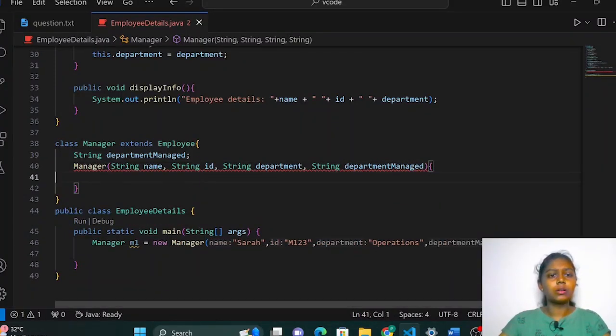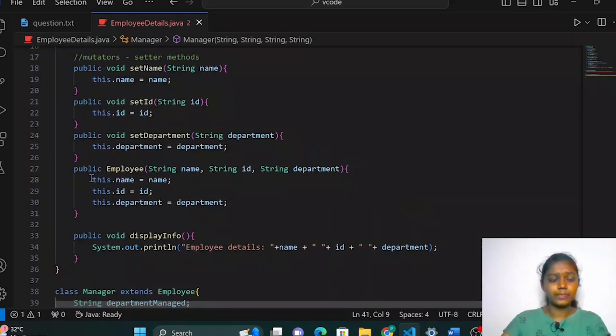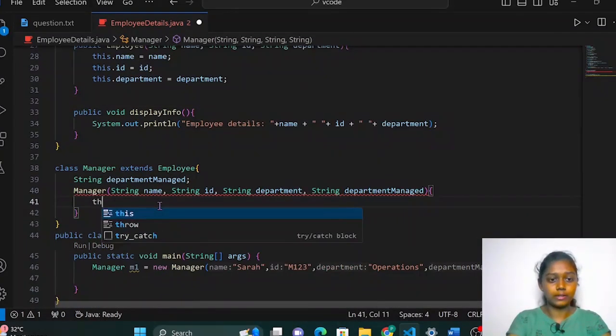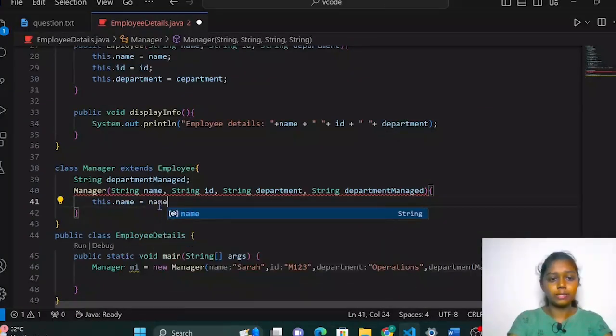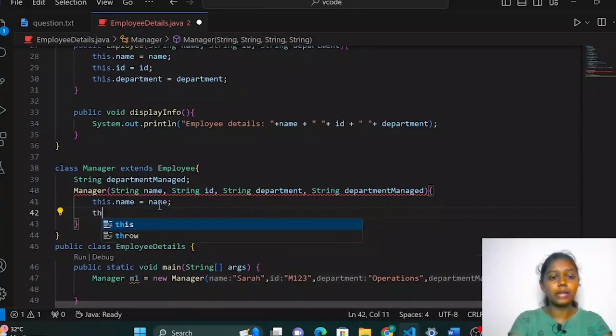So these are all the details we have. Now it's time for us to quickly assign these parameters to the object. How did we do that in the previous class? We had used the this keyword, right? So let's use that here itself. This.name equals name, this.id equals id,